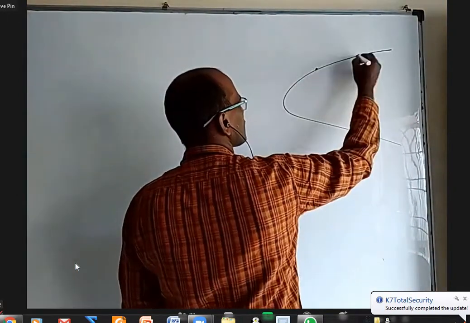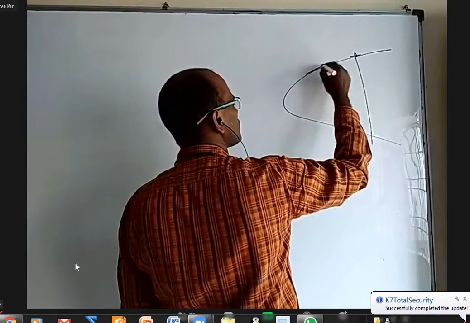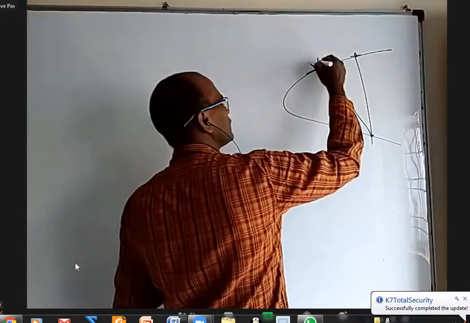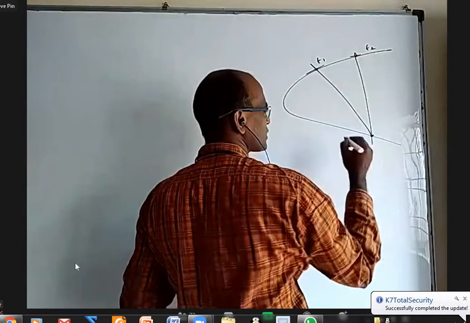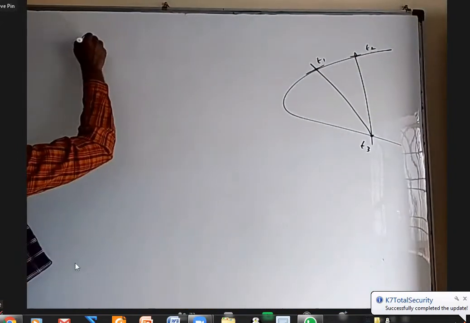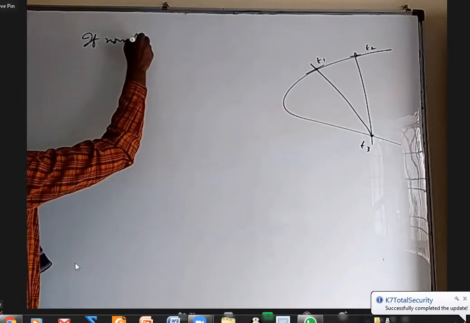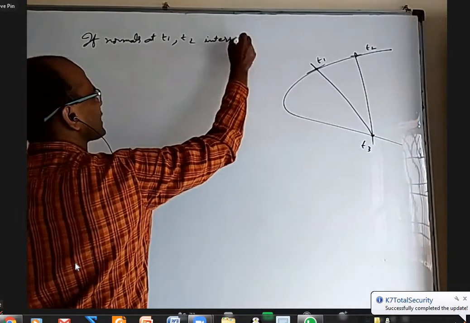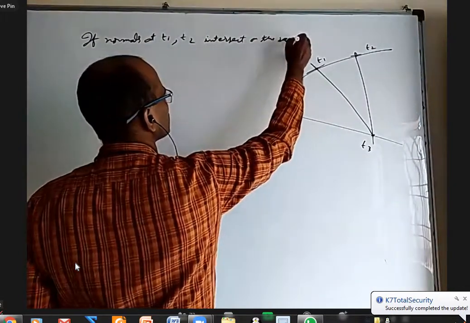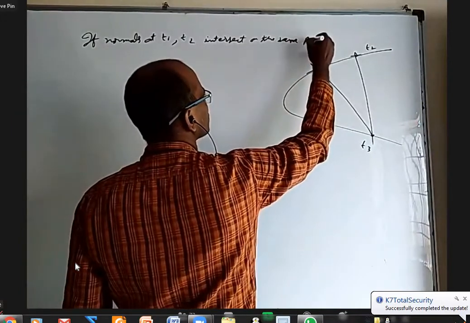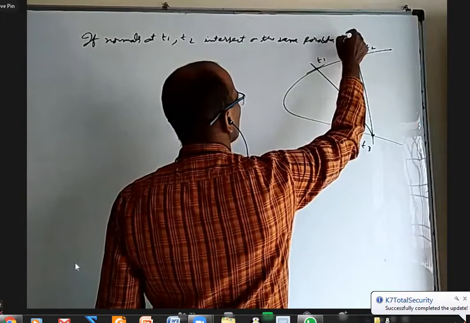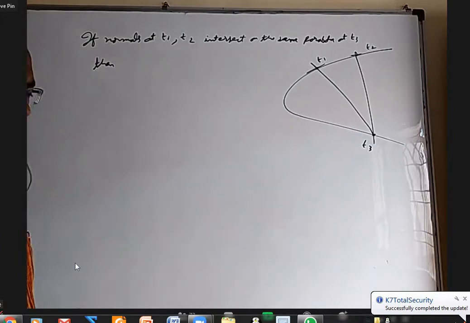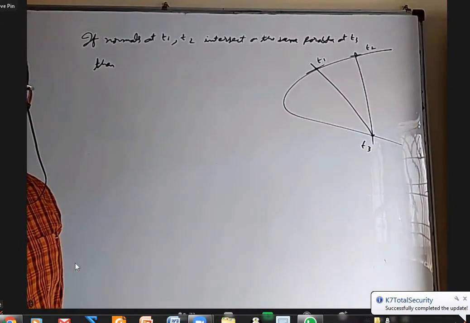Okay, let us say there are 2 points and you draw the normal here and the normal here, they intersect on the same parabola. Is it that it will always happen or is there any condition? If this is t1 and this is t2 and this is t3, if normals at t1, t2 intersect on the same parabola at t3, then what is this number I should give? 19th pointer? Yes, sir. Okay.